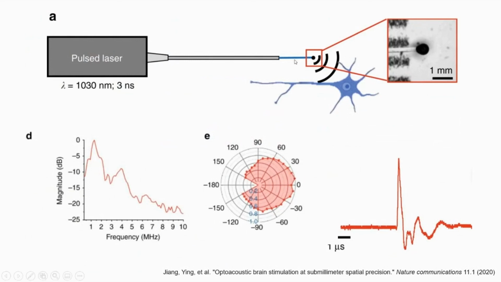The idea would be that if you put this really, really little probe, you can see the scale here is 1 millimeter, directly next to your neurons, or implant this fiber somewhere in the brain, then you can do local stimulation of these cells. I'm really excited to see this implemented in freely behaving animals. In this paper, it's only done in anesthetized fixed animals. Here you can see the ultrasound pressure wave.